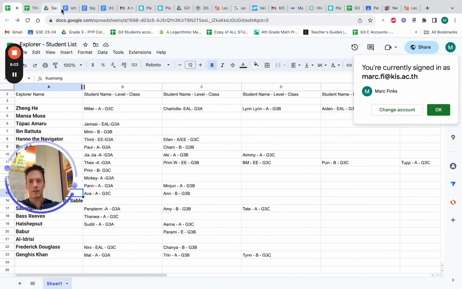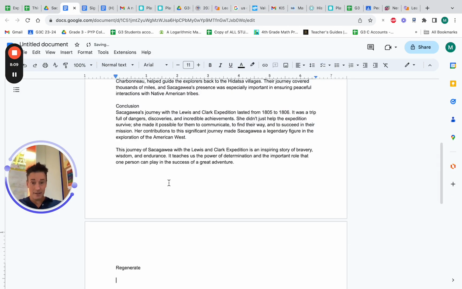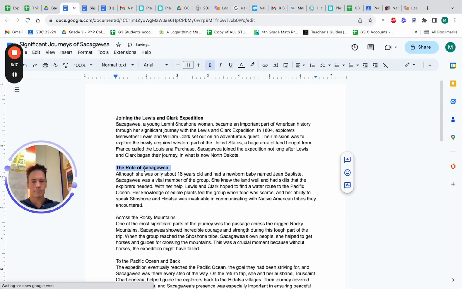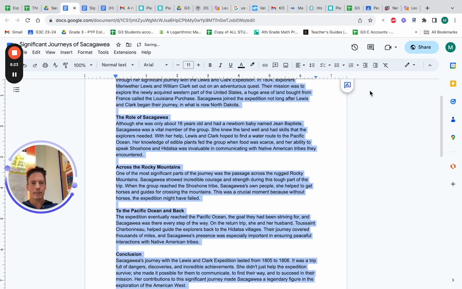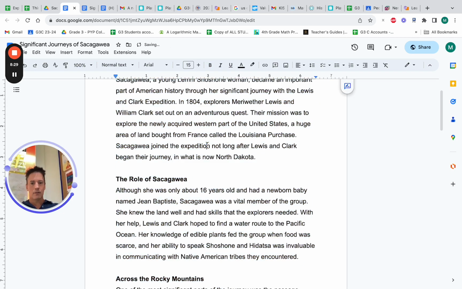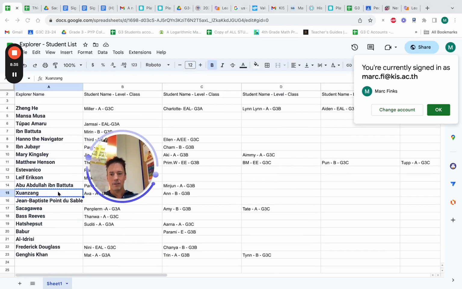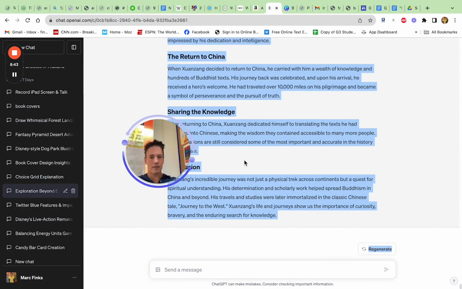I go over here, I go to this document I just made, paste this in here, paste this in here. Control X this, put this up here, bold these. And again, it's not the fastest thing, but at least each student can have reading that is accessible to them. Oh, that was done. Nice. And the next one is this one again. I don't know who this person is. I have no clue. So that's one thing I like about this unit, is I can actually learn about all these explorers that I've never heard about before.